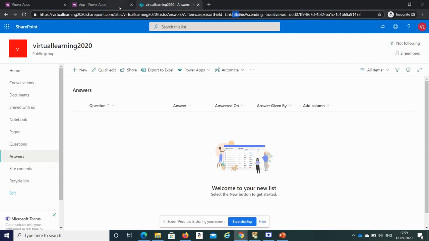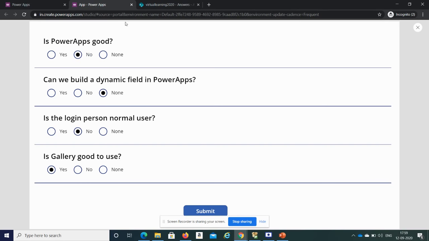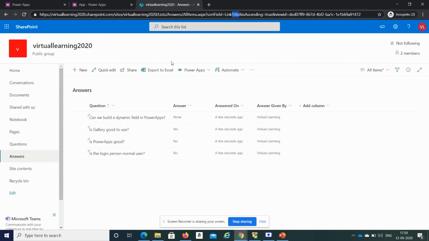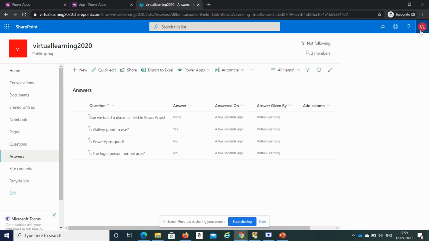So see, still data is not reflected here. Now that loading symbol has been completed. Now we will see we have got our questions and their answers, and when answered. As this was submitted a few seconds ago, it is showing a few seconds ago, answer given by virtual learning, which is the current login person.